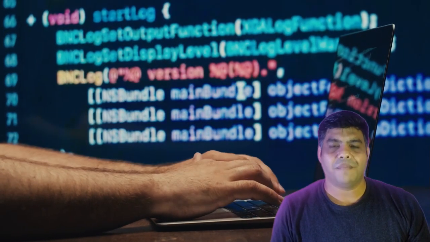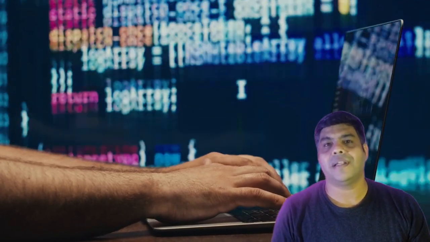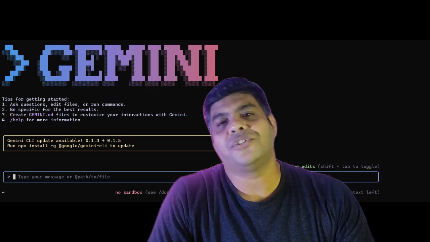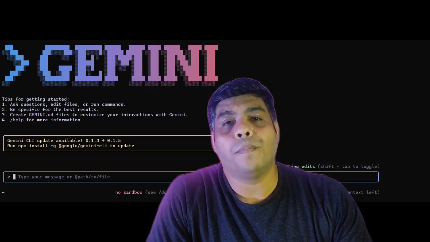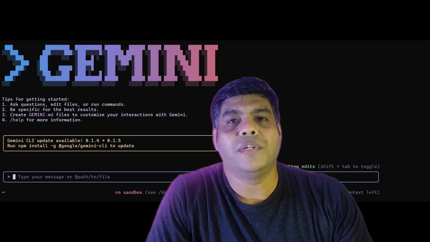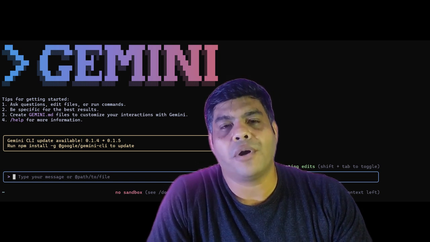Tired of context switching between your IDE, terminal, and browsers? What if your terminal can understand your code, write tests, refactor it, and all powered by Gemini AI? Google just introduced Gemini CLI, which is an open source AI agent which brings the power of Gemini models right